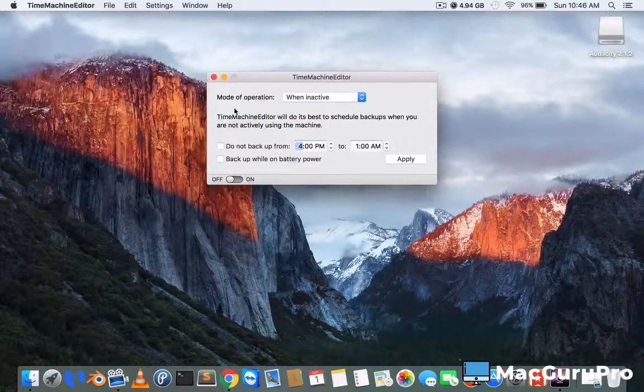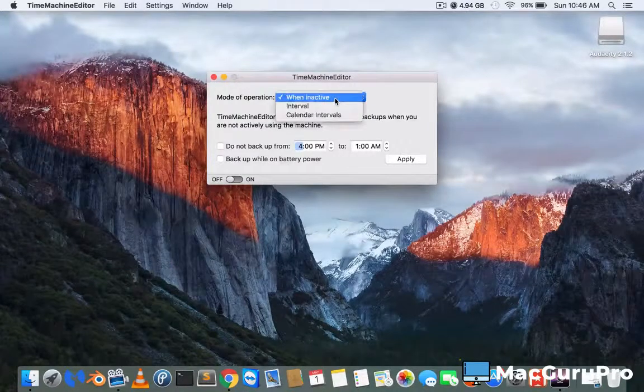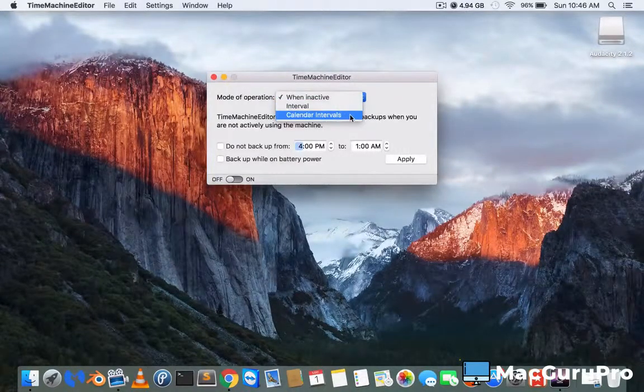So now let's go into it here, and you've got mode of operation. You've got a drop down here with three options: when inactive, interval, and calendar intervals. We'll stick with the first option here. And you've got the option to check this box, and this will tell Time Machine, hey, only back up not during these times. So you want to say do not back up from